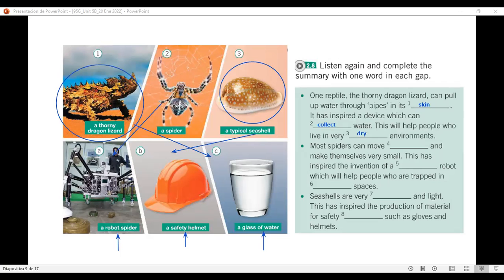And what other ideas have we taken from nature? Engineers are doing a lot with robots these days. For example, there's the rescue robot. It's just like a spider because it moves on 8 legs, and so it can move very quickly and make itself very small. So these rescue robots will be able to help people who are stuck in small spaces or who are trapped in buildings, for example, if there's an earthquake. So they'll be able to help save lives. Exactly. And then we're looking at seashells, which are very...